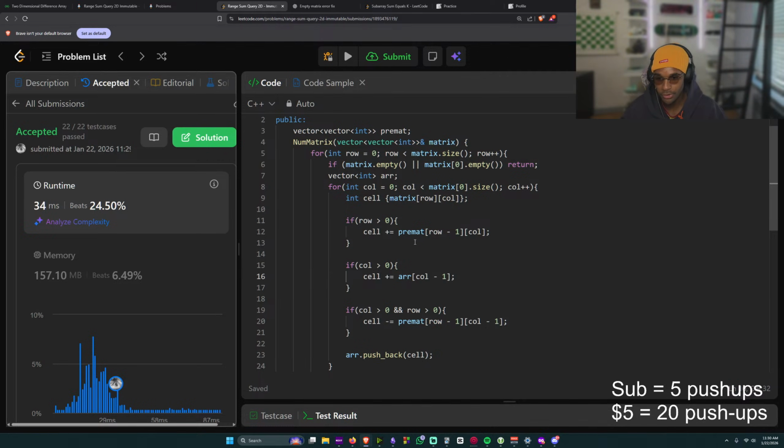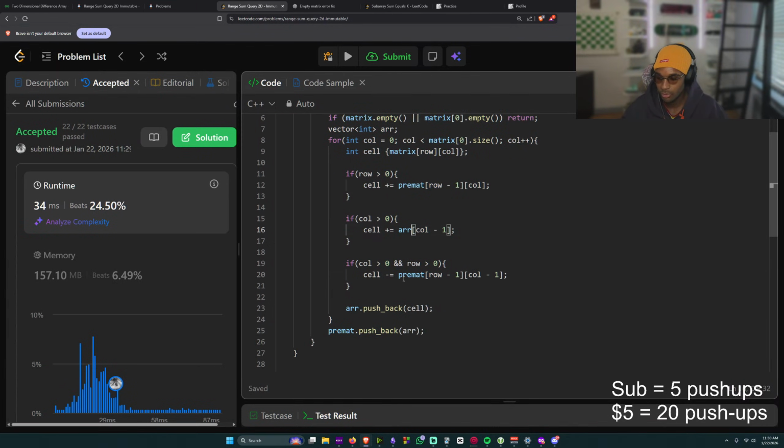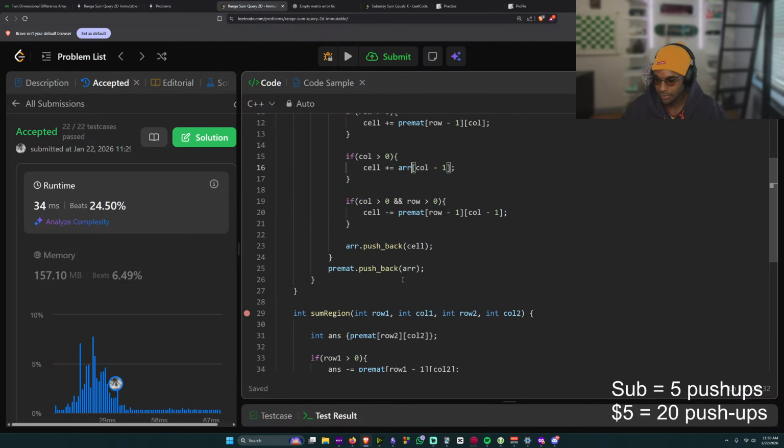We could have used the matrix, so like make this matrix. I can't do that, right? Because the array is the prefix. What do you mean? But I don't want the premat to equal matrix. Isn't the premat supposed to be the prefix sum? Or do you mean like mutate over? I don't think I understand.